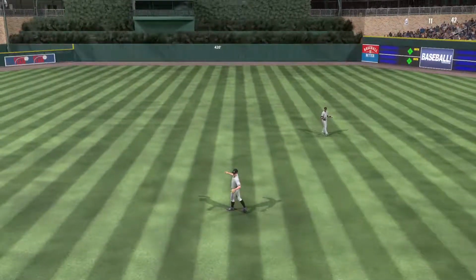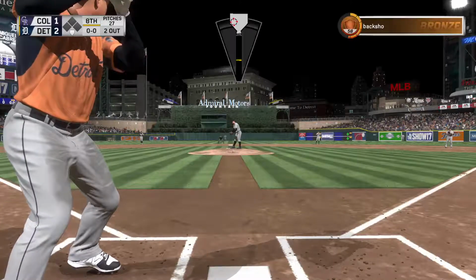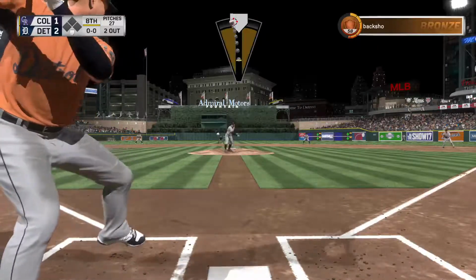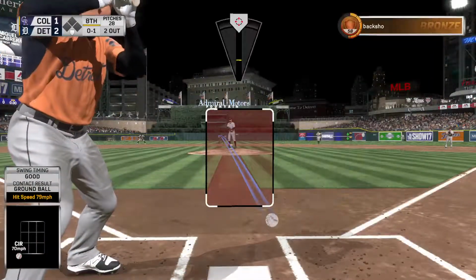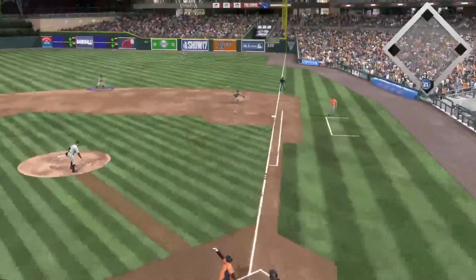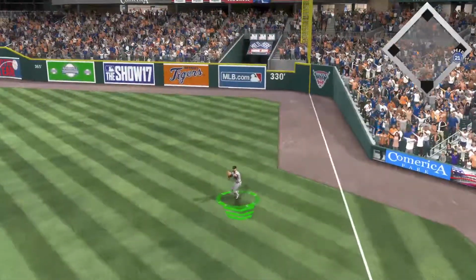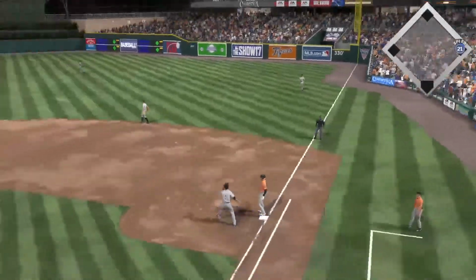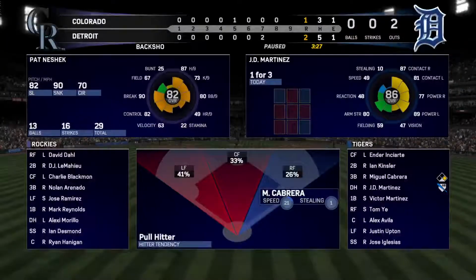LeMahieu takes charge out there, and he stays with it for the second out. Third baseman, number 24, Miguel Cabrera. Grounder down the line at third, but a foul ball here, 0-1. And here's a ball hit in the air. LeMahieu onto the grass, but it's down as that drops in for a 2-out single. And that means J.D. Martinez